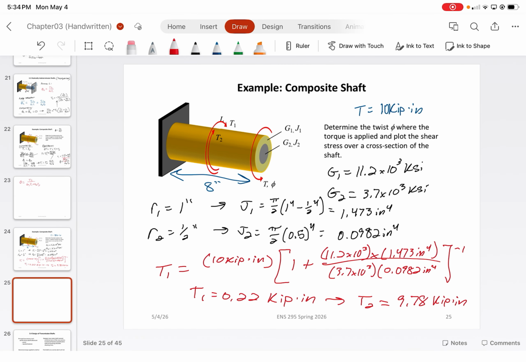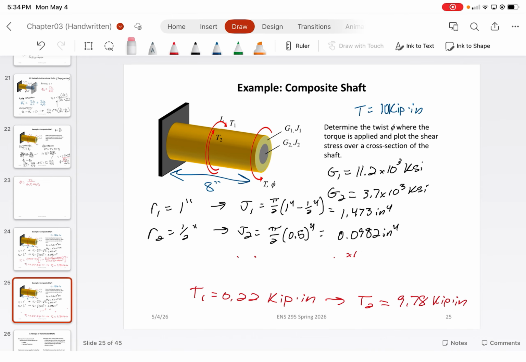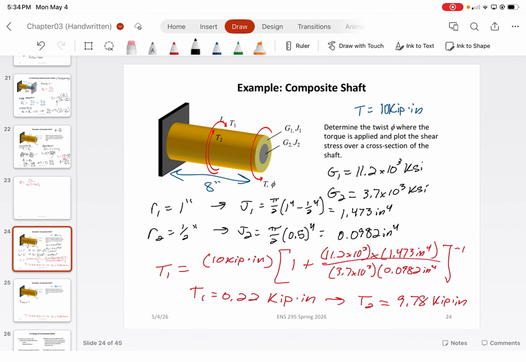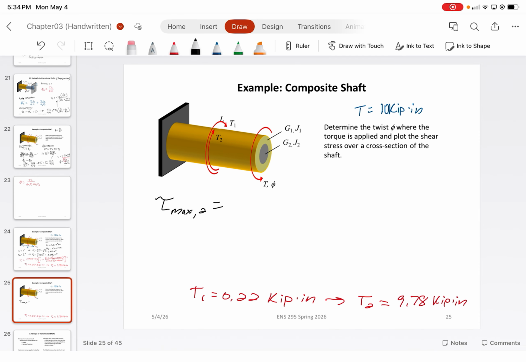And then if we wanted to compute the stresses given these torques, we would just use our TR over J equations. So we would have a tau max for item 2, which would just be 9.78 kip inches